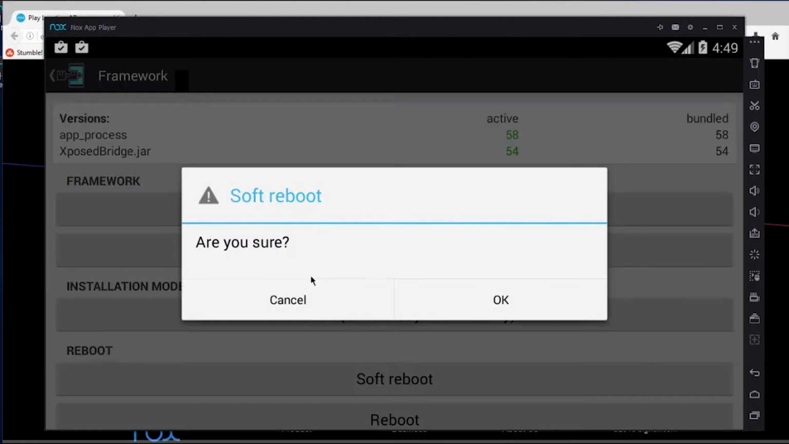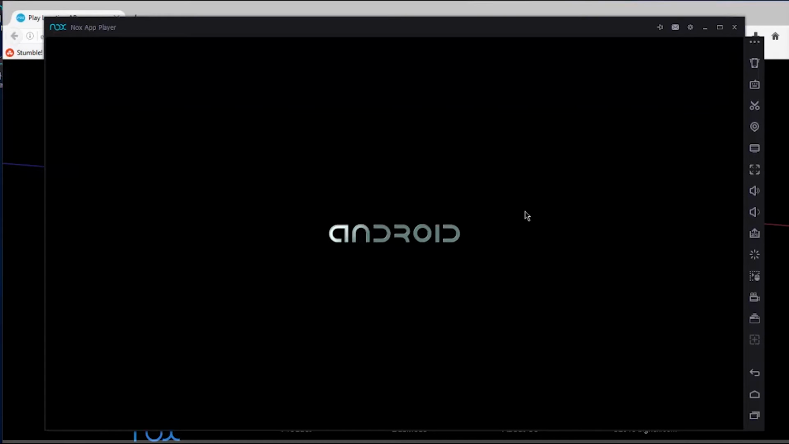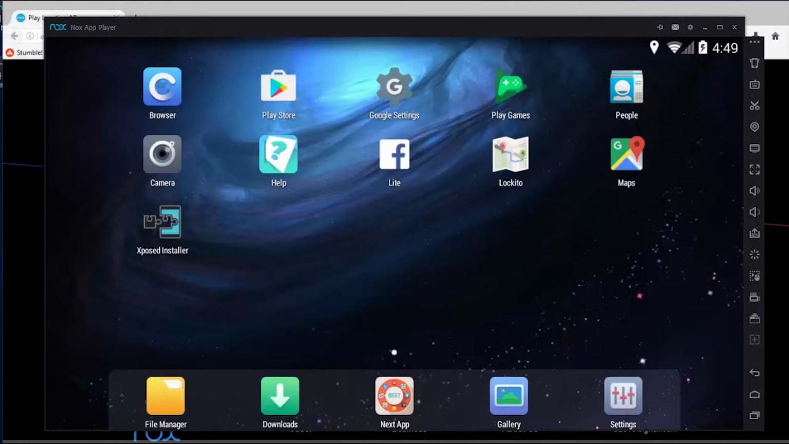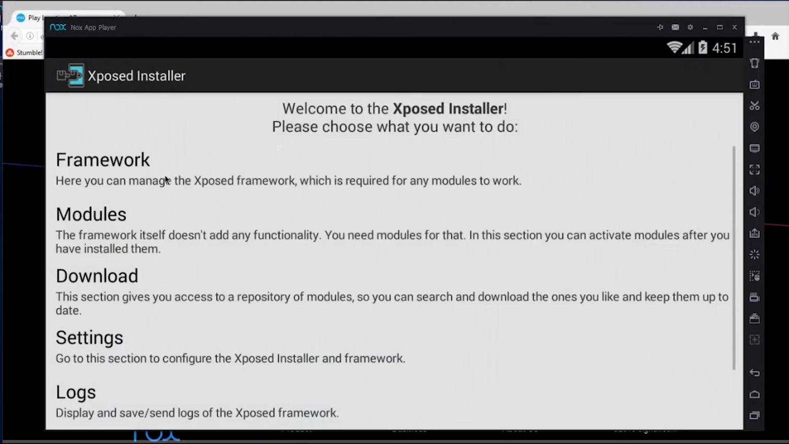Okay, so just click that. Are you sure? Of course we're sure. It's just going to run through that, so it's going to pause the video while it does that. No need, because it's so fast. Okay, so it's now soft reset itself, so we just got to go back inside Xposed Installer, and what we're